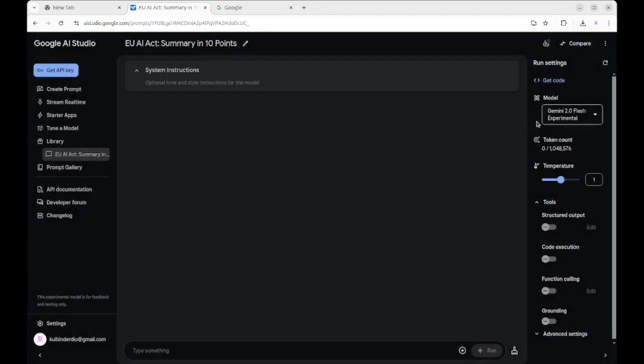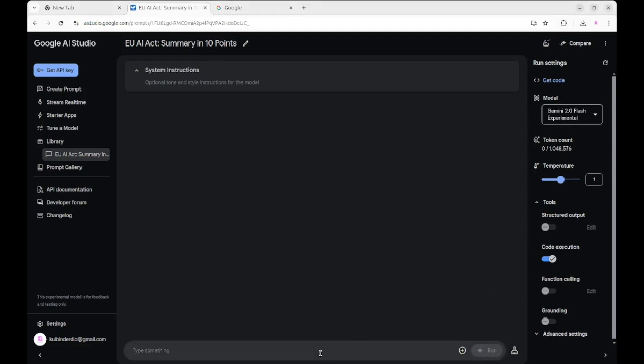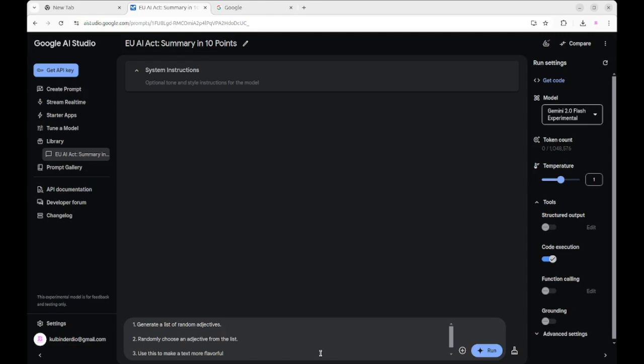So coming down here, I'm not going to look at structured output. I am going to go down to code execution here though. So I might look at structured output in a different video later on. So code execution. There's certain questions that the model may not be able to answer directly. But one of the great things it can do, it can actually write code, run the code, and actually use that for answering questions. So here, I'm asking it to generate a list of random adjectives, then choose one at random, and then use that